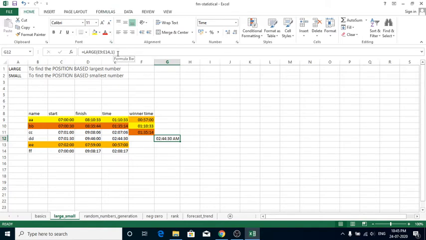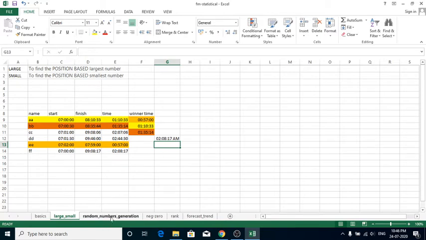It will generate the largest time interval over here, and that is 2 hours 44 minutes 30 seconds. If I put 2 here, it will generate the result of the second largest time, and that is 2870. So this is how we can perform the LARGE and SMALL functions.